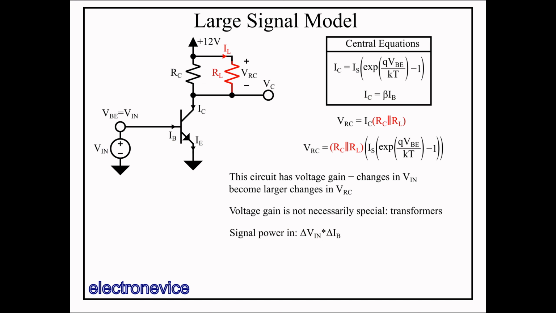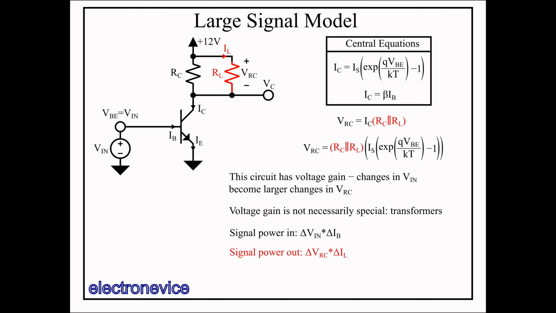So let's add a load resistance RL to our output, something that needs to be driven by our transistor circuit. For simplicity, we'll connect the load from the collector to the plus 12 volt rail. So the output voltage is now reduced from IC times RC to IC times the parallel combination of RC and RL. But because of the exponential, we can still set up the system for positive voltage gain, assuming a high enough VBE. The load will draw current IL from our transistor output. Now that we have an output voltage and output current, we can formulate the output signal's power, which is equal to the change in VRC times change in IL.